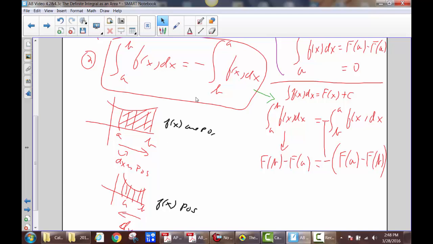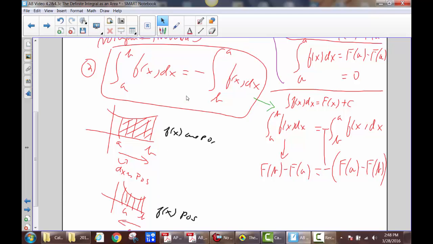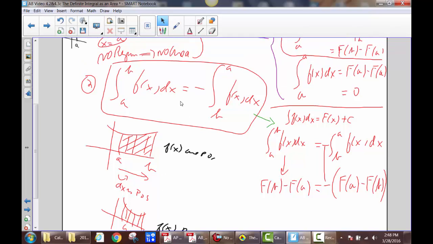And that's another reason why what happens here is if you are going from B to A, let's pretend f of x is above the x-axis. If you're going from B to A, then your dx's will all be negative, and your f of x's will still be positive because you're still above the x-axis. But this expression will be negative what you expect it to be as far as area. Multiplying it by a -1 is going to force it to become the positive